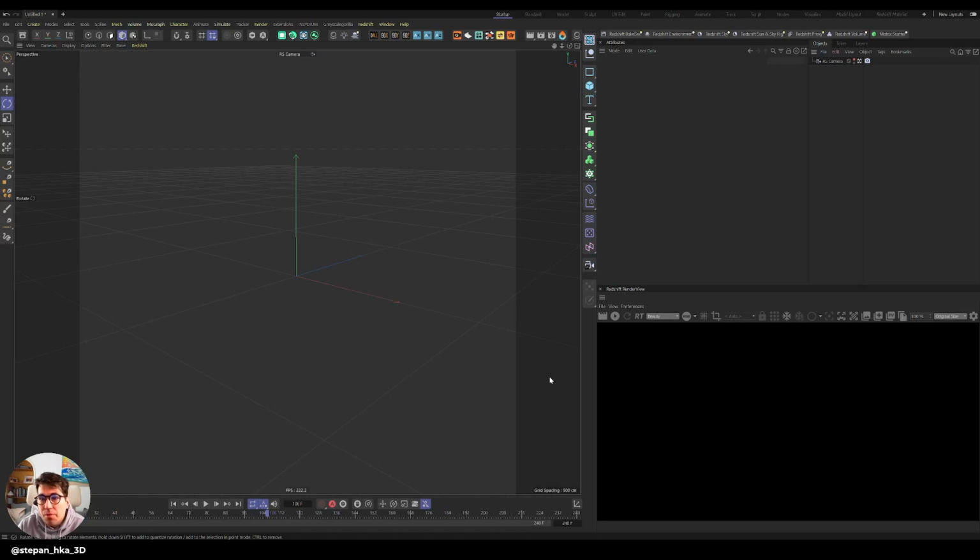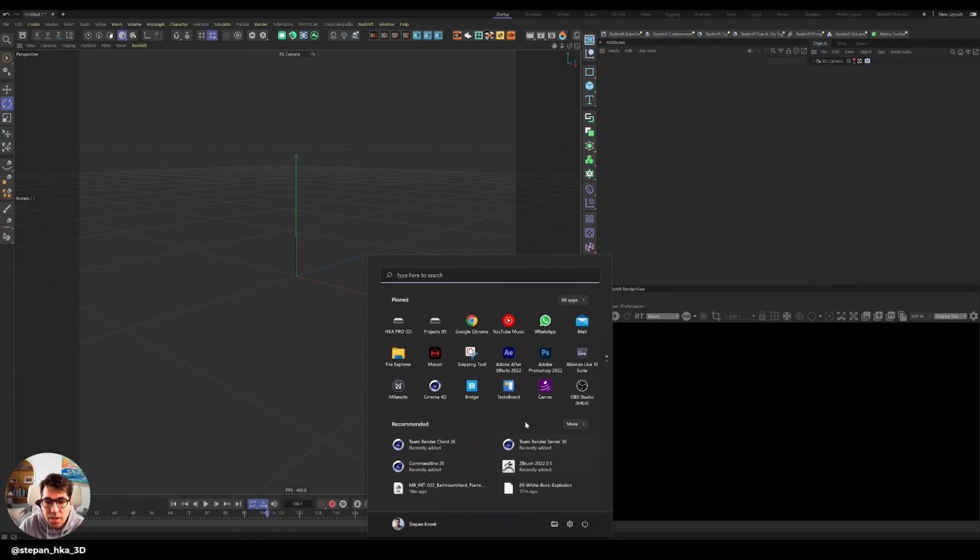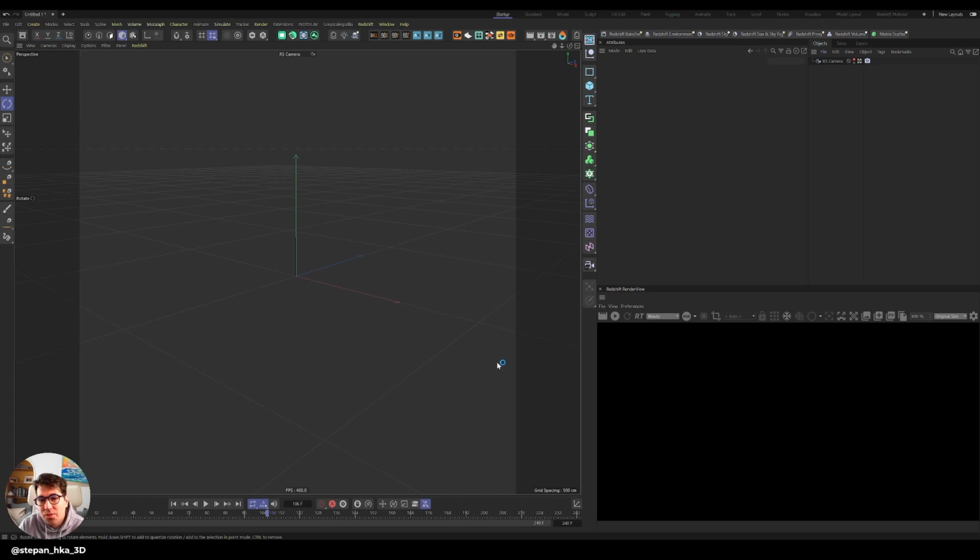Okay, so we are in Cinema 4D S26 and nothing really happened to my layout because I had my custom layout saved. So when I upgraded, everything I had set up before was there. Only the icons of the Redshift changed and a couple things changed that I don't really like, but there's a lot of awesome updates. But one of the things I noticed when I was opening my bridge, I got kind of scared. I'm like, oh, it's going to break again,